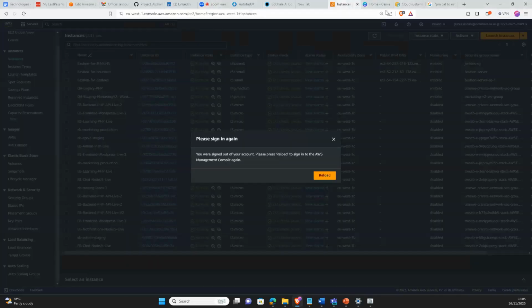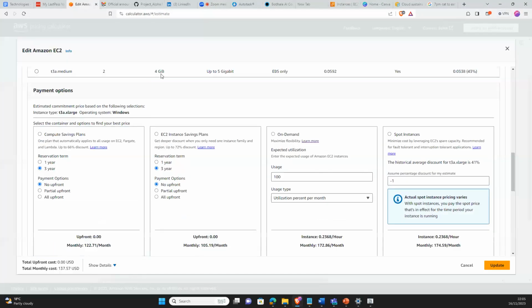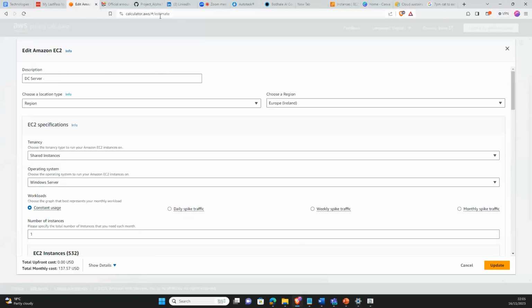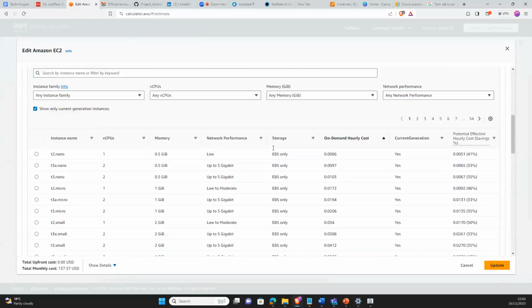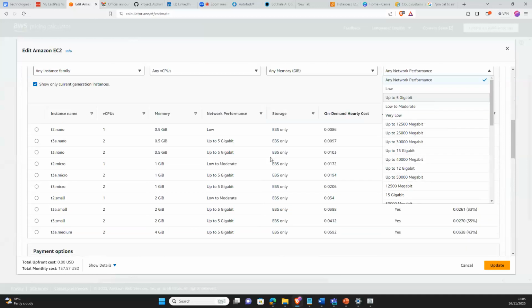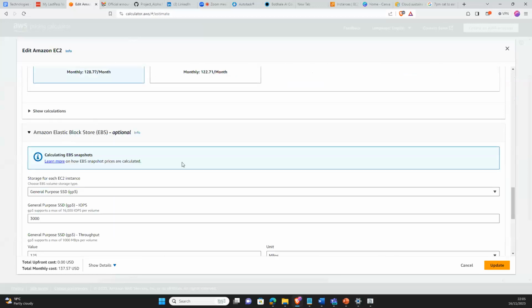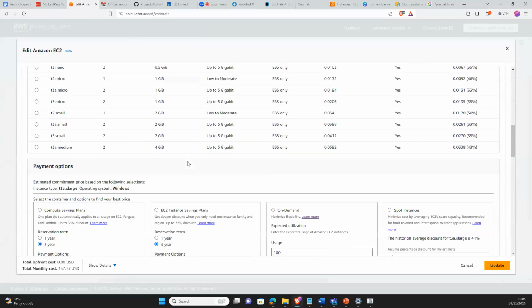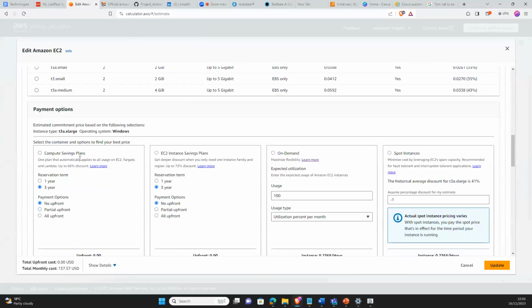Okay, I just wanted us to have a look at the costing. So when it comes to AWS, there's the AWS calculator where you can cost your services. So this is an EC2 instance, and there's a section for putting in your CPUs, memory, network performance, be it storage, and all that. But our main focus will be on the payment option. So we have the compute savings plan that automatically applies to all EC2 usage and all that. So there's a discount, 60% discount. There's the EC2 instance savings plan, but now our focus will be on-demand.